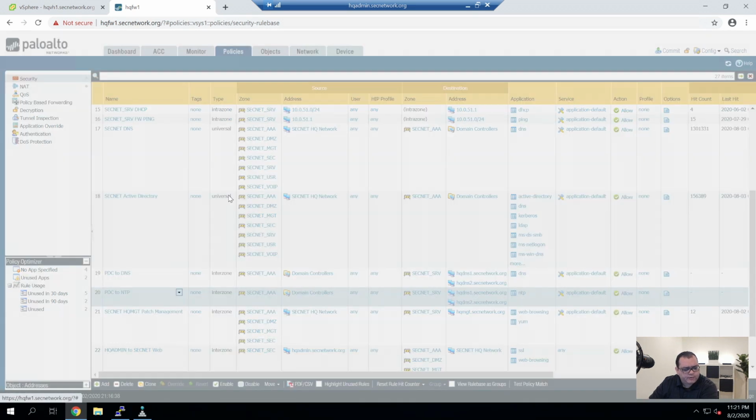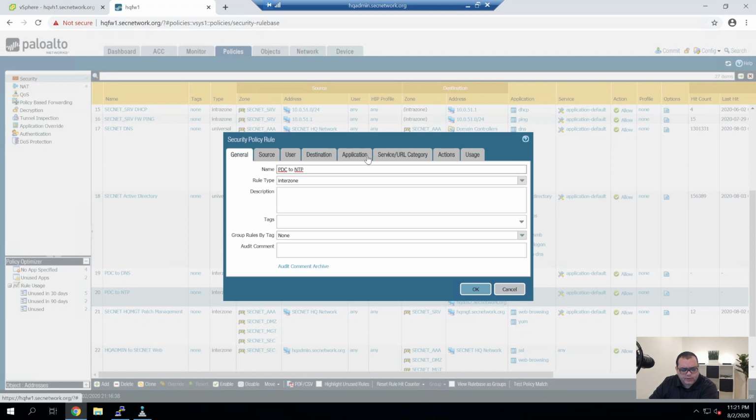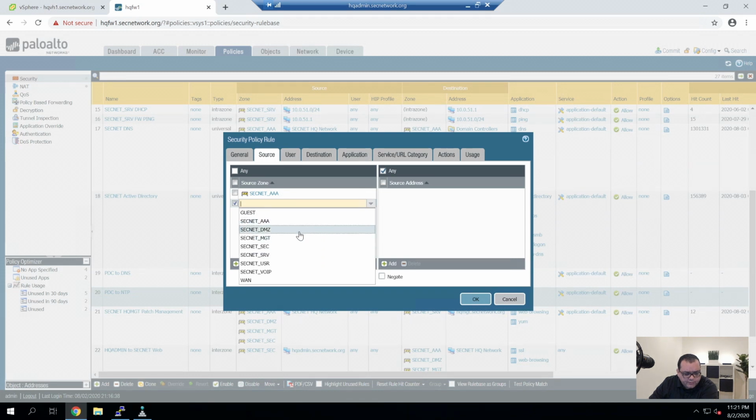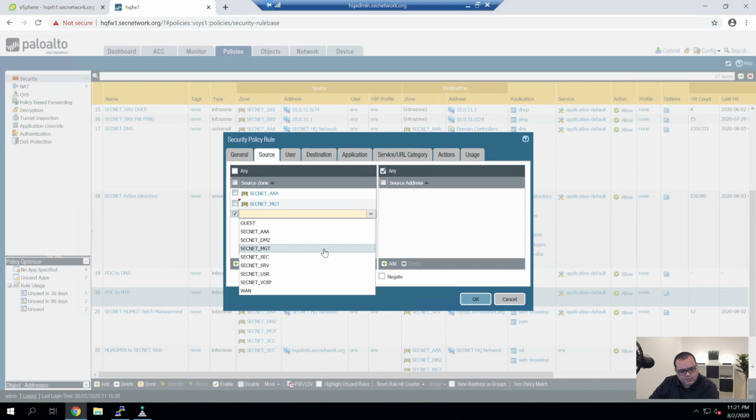The reason I split these rules up, which I don't want to forget, is there are more than just the domain controllers that need to be able to talk to the DNS server. So I believe it's management. For the appliances and network devices, they'll point to the time servers directly.